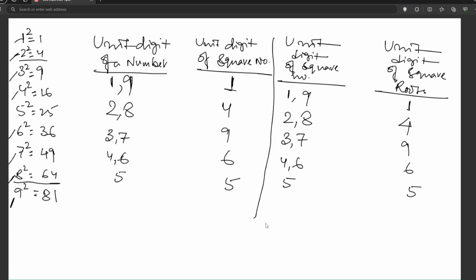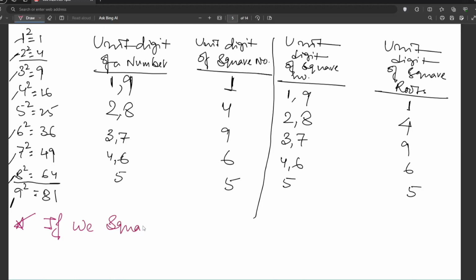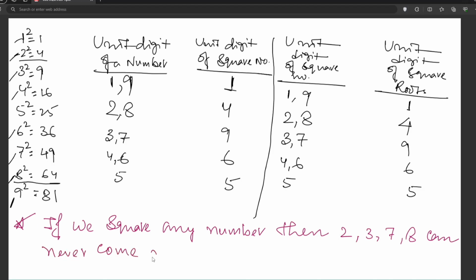Now from here we can say that if we square any number, then 2, 3, 7, 8 can never come at unit place of square. From here we can say that,